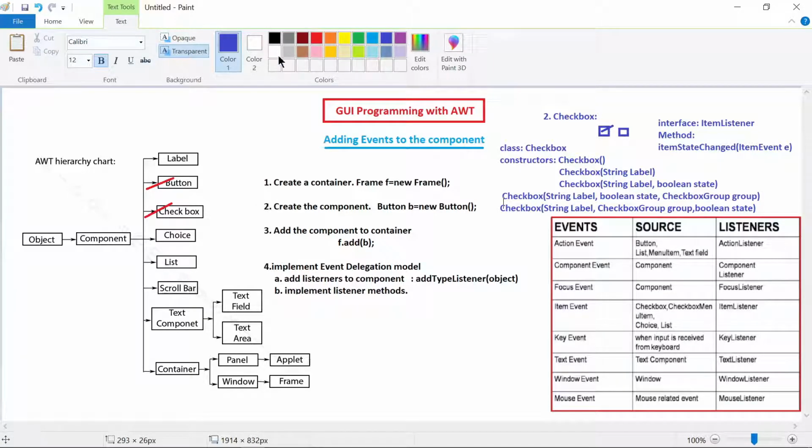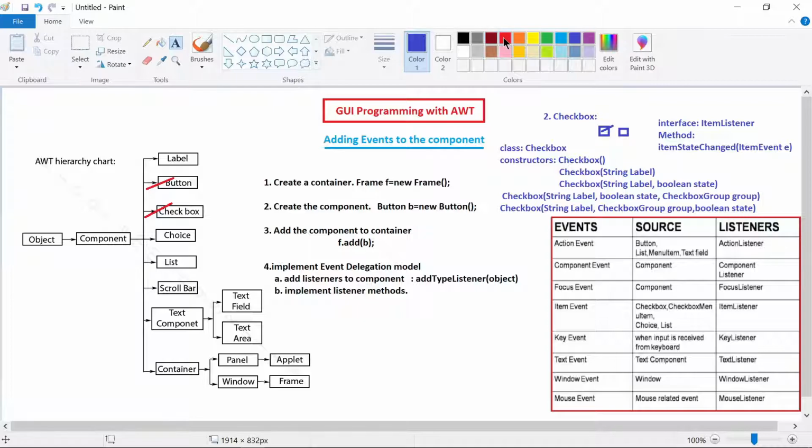Today's class we will see how to add events to the choice button. Before that, let us see how to create the choice buttons, and after that we'll see how to add the events to that one. Now, what is the difference between the checkbox and choice button? Remember the constructors we have for the checkbox, which I told you in the last class: we have five ways of creating checkboxes. Of all these five ways, these three constructors are used to create the checkbox, and these two constructors are specifically used to create the choice button.